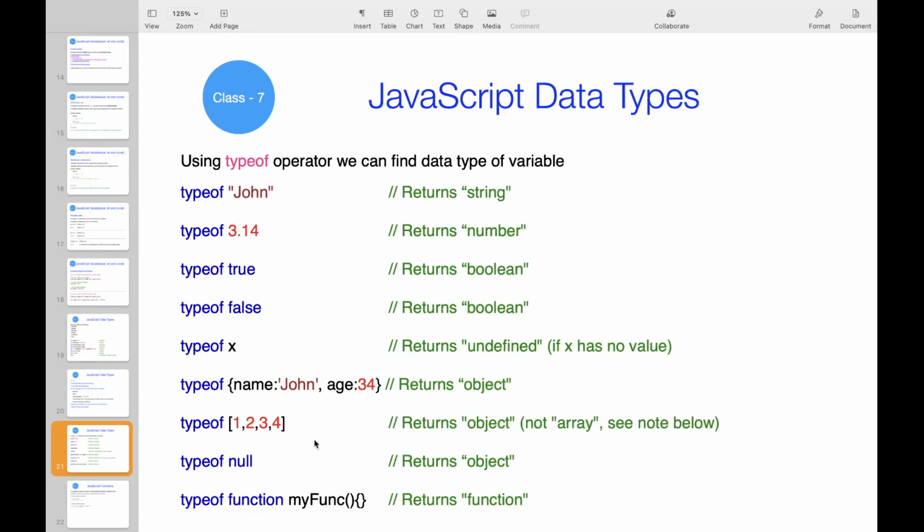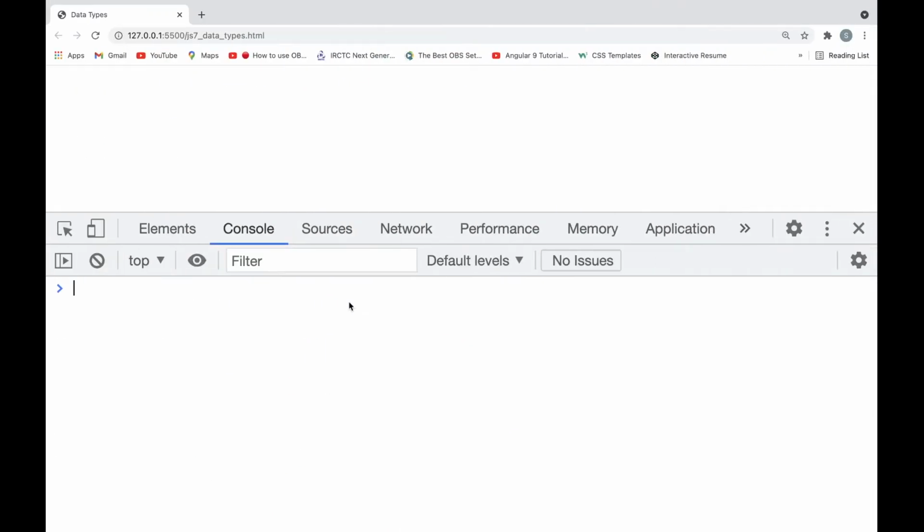Here I explained what the use of typeof is. Let's see here in the console what is the type of 4. See, it is giving number. So let's write some string here. See, it is giving string. Type of string is string. Let's write some boolean here. Type of true, see, it is giving boolean. So we can check what kind of data type this value is, whether it is a number, string, boolean.